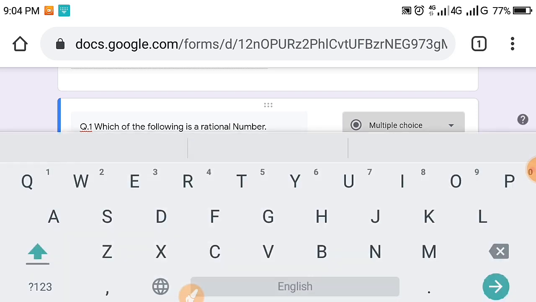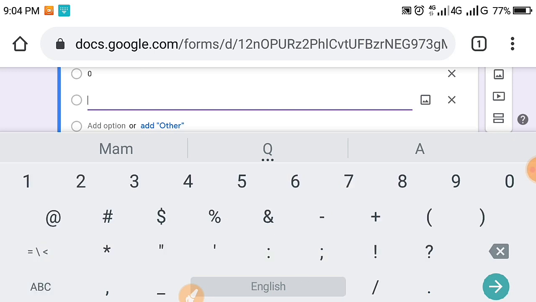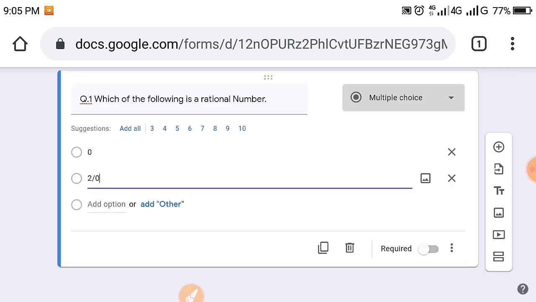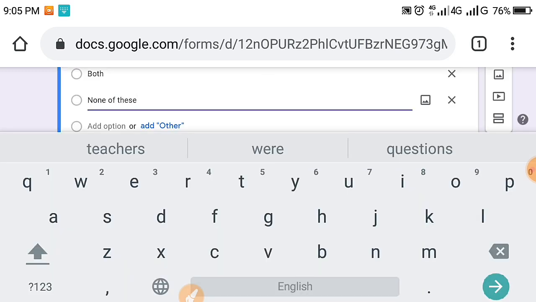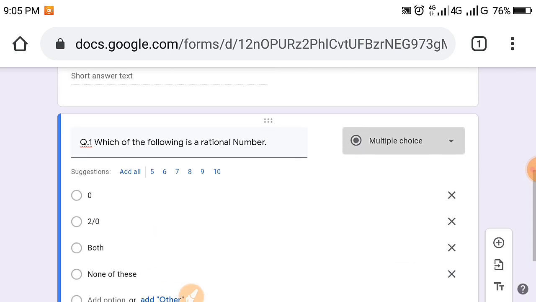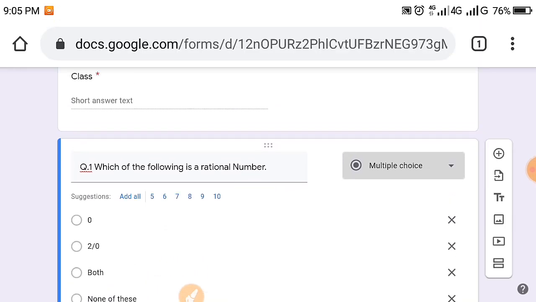When you click on it, automatically the option will be added. Then you can type here 2 upon 0 is the second option of my question. In this way you can write all options of this question. I am again making it required. Keep it multiple choice only.